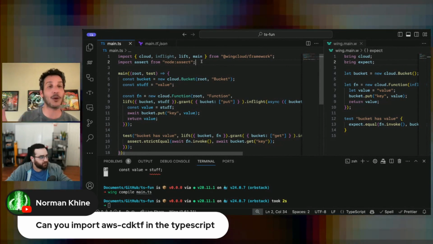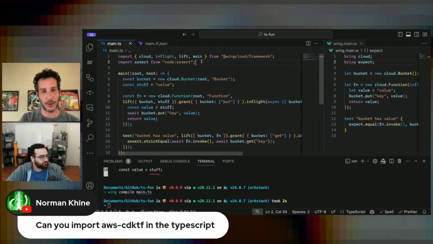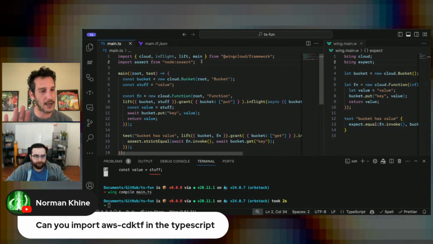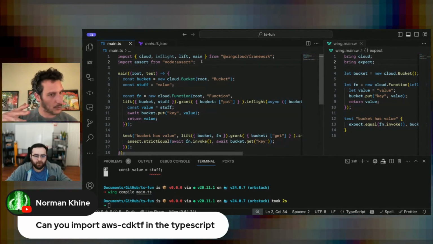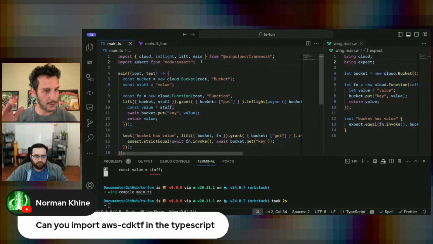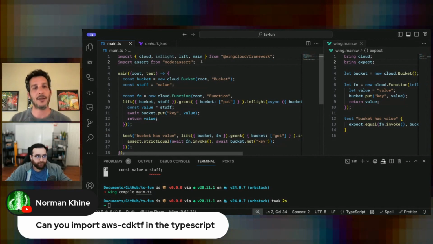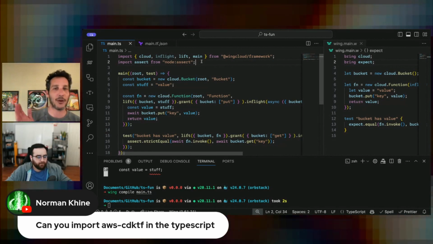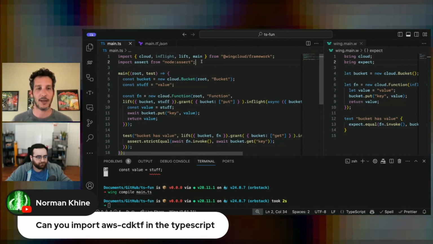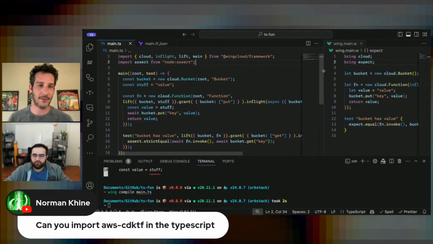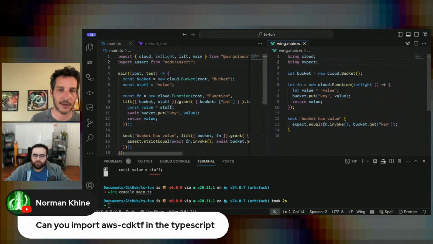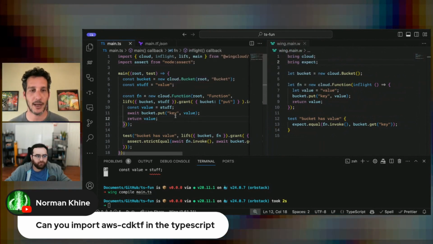You can import this on both sides, because on the Winglang side it's JSII, and I think you've done the work to allow importing this into Winglang, right? Both on the left side and on the right side it's possible, and I think CDK TF, or any JSII, is a first class citizen in the language.